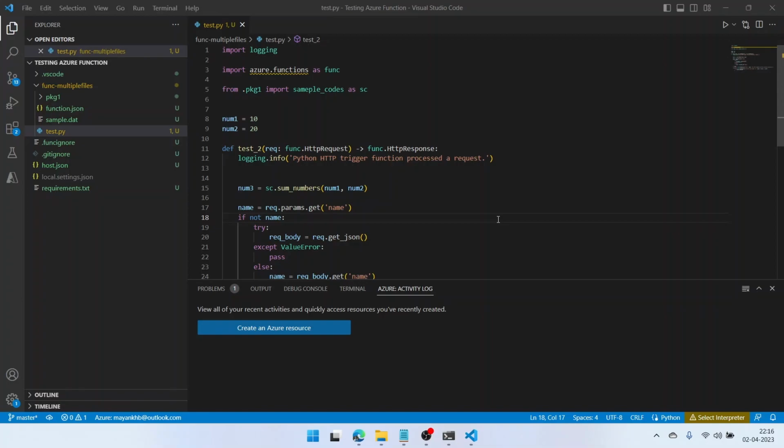Hi guys, today we will see how we can use GitHub Actions to create a CI/CD pipeline for Azure Functions using VS Code. In simple words, we will automate the deployment of Azure Functions to Azure. And the tool that we are going to use for this purpose is GitHub Actions. We will push our Azure function code to a GitHub repository, and GitHub Actions will automatically push the updated code